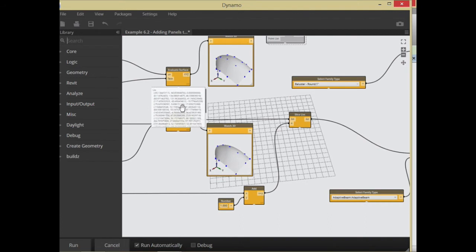So I got this big old list of points. What I would really like to get from this list of points is to describe this very first panel down in the lower kind of corner. Okay, I'd like to get the very first point. I'd like to get the second point. Okay, I don't really want the third point yet. I don't really want the fourth point yet. I would like the 5th point and the 6th point, and that would be the first panel. Okay. For the second panel, I want the 2nd, the 3rd, not the 4th, 5th, I want the 6th and